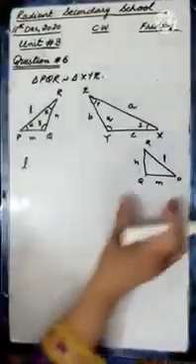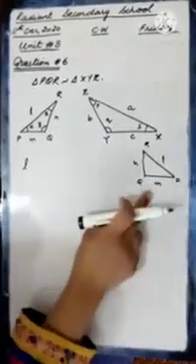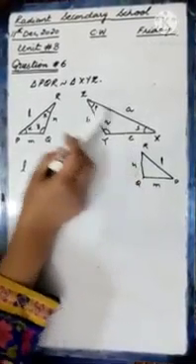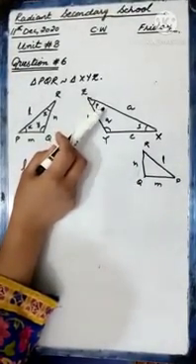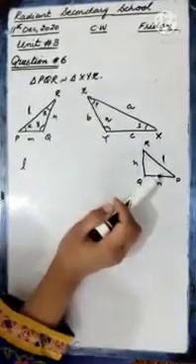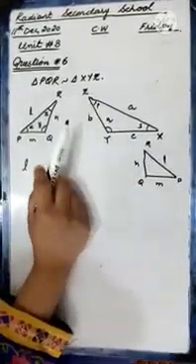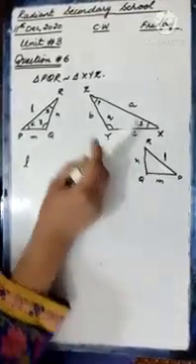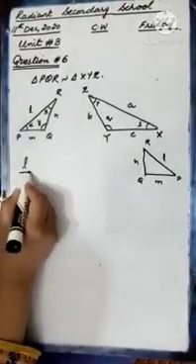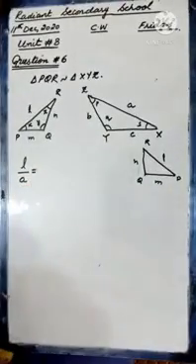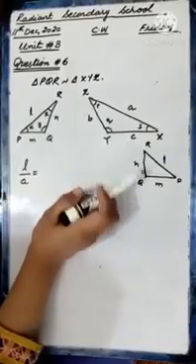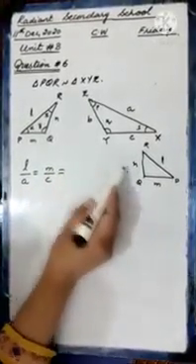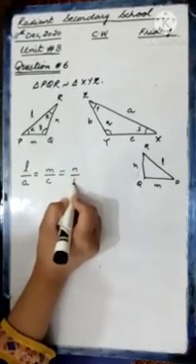Now look, I have changed the direction. Now these two triangles are in the same direction. So now this side is corresponding to this side. I have told you in the previous lecture, whenever you have to find the corresponding side, you have to put the figures in the same direction. So when you put the figure in the same direction, the corresponding side of L will be A. So L ratio A will be equals to M ratio C will be equals to N ratio B, right?